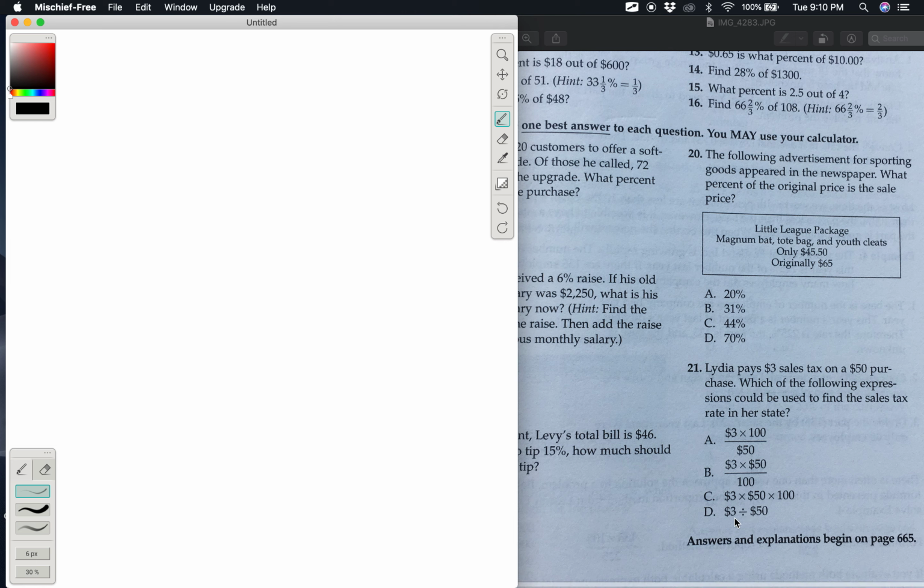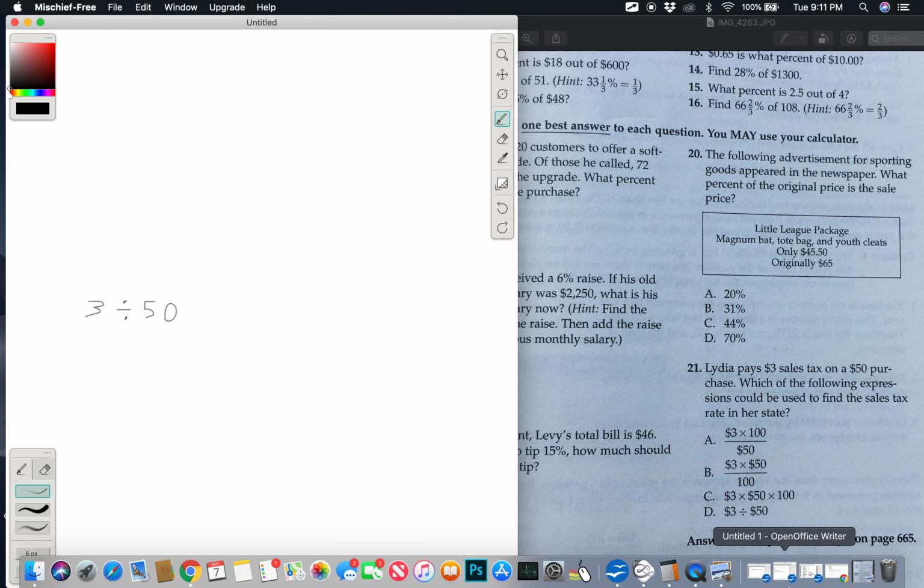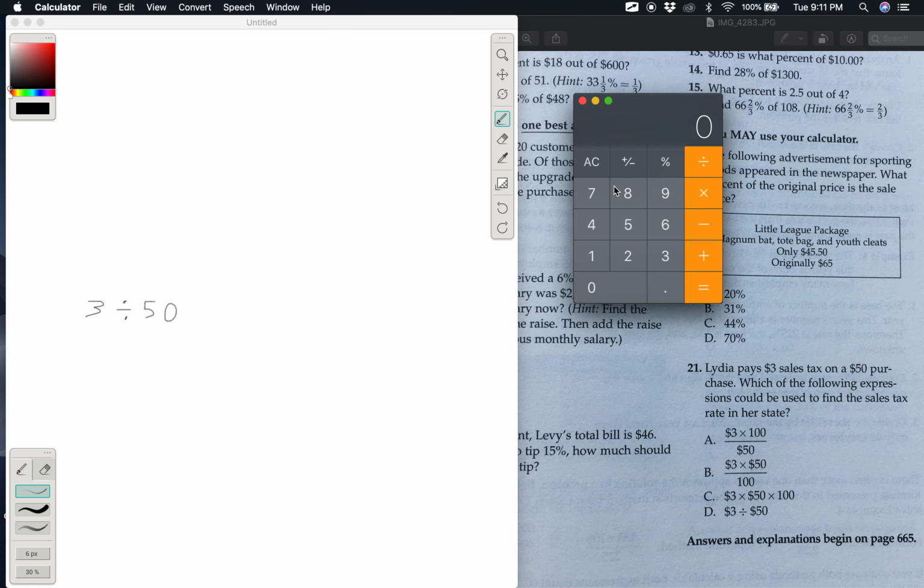This is setting it up how we have been setting it up, because we have the part here and the base, which would be 3, well, basically what it says there, part divided by the base. But the answer that you would get from that wouldn't be the complete answer, okay? It would be 3 divided by 50